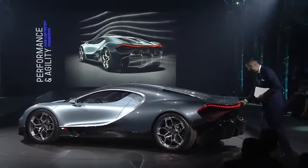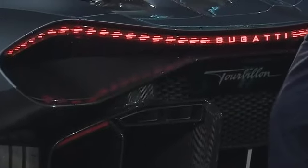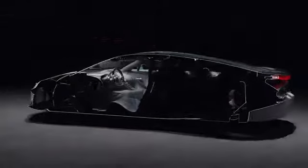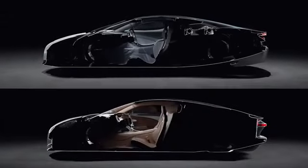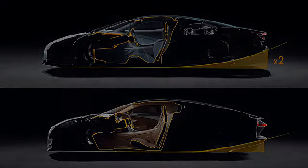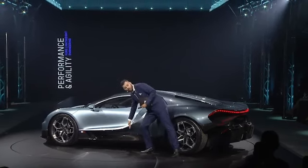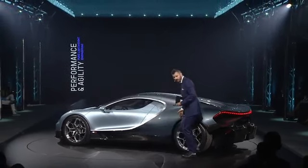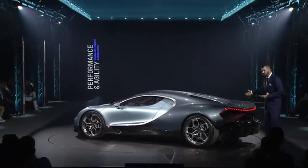So you see how far up the diffuser ends. But the diffuser only works if it's not at a high angle, if it's around 11 degrees. If it's more, then the air will delaminate from the diffuser and will not stick to the diffuser any longer. So you have to have a very gentle incline. But if it's so high, it means the diffuser needs to start very far. So the diffuser actually starts around here where the seat is. So half of the car is the diffuser, which enables us to not really use the wing, even for top